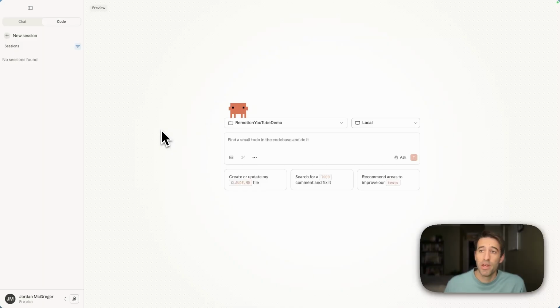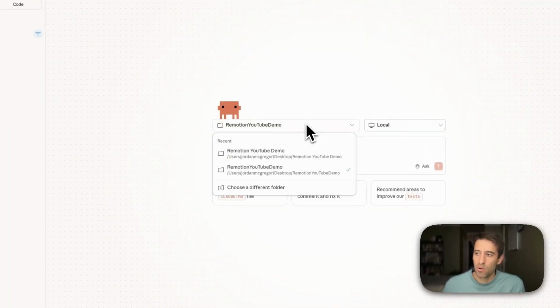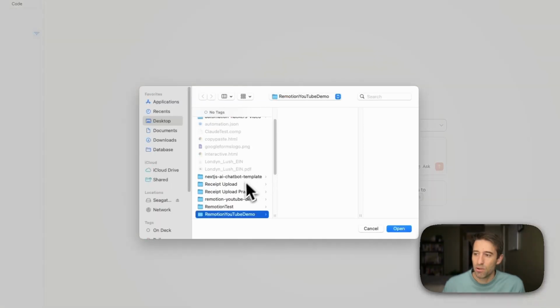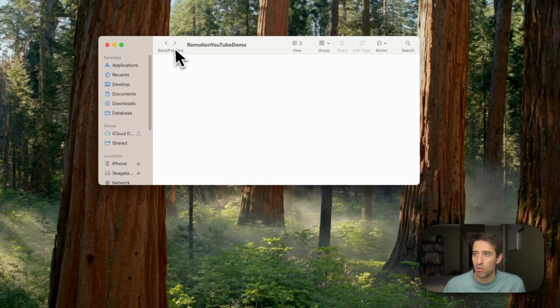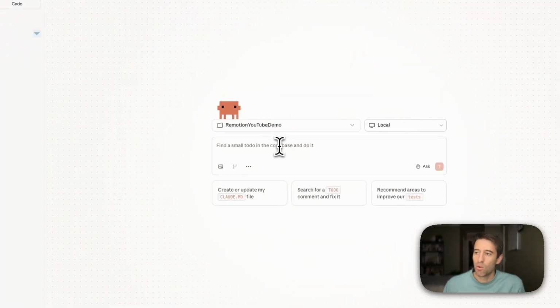Once you've clicked on the code tab, we're going to come down here to this folder selector right here. We're going to choose different folder. I already have mine set up. It's my Remotion YouTube demo. So we're going to open that. And now Claude Code is going to have access to that folder on our computer, which is right here, Remotion YouTube demo. So right now it's blank. We're going to run a command right here, npx skills add